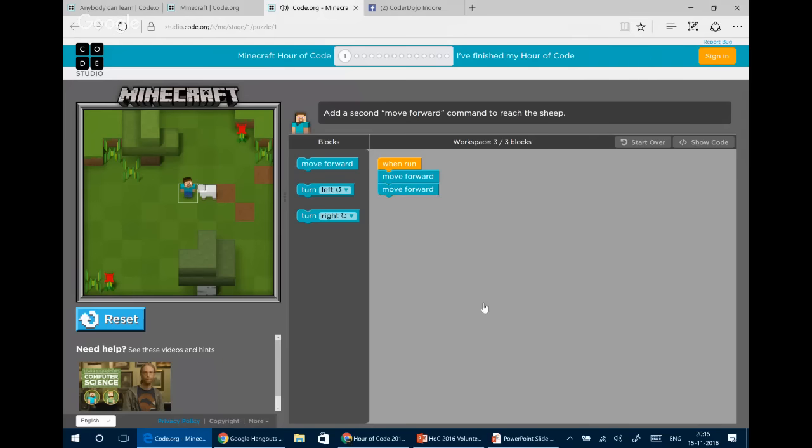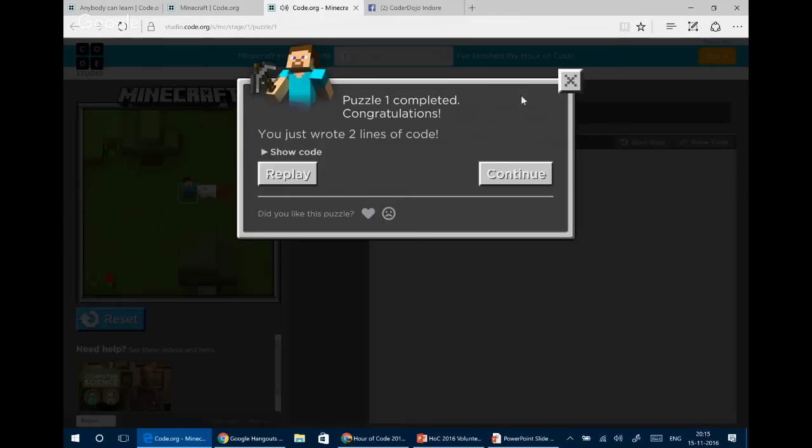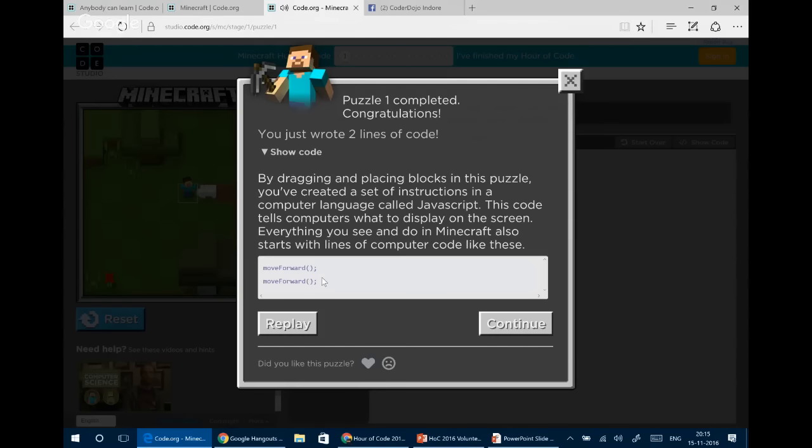So this was so simple, right? Once this is done, we'll tell them that, see, here's the code, and you actually wrote 2 lines of code behind it. That's move forward. You wrote this method twice to do this, right? So this is how we are connecting it to computer science. We are using JavaScript over here, but we won't be telling them it's JavaScript at first. We will be using just blocks, and once they are able to follow it, then we can move forward with this.